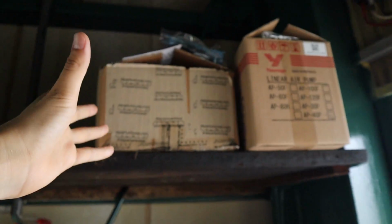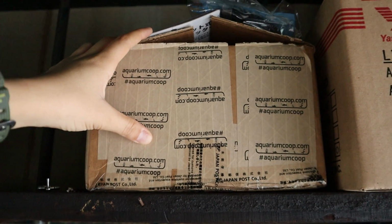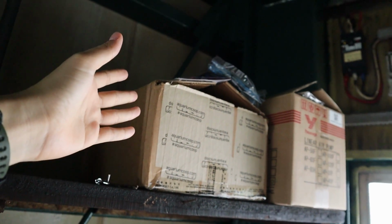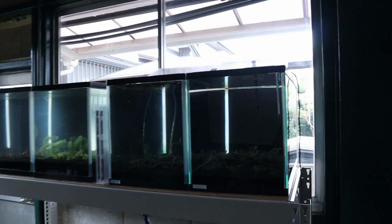Hello, welcome back. Today's gonna be a pretty fun day because we're working on the fish room. It may be a little bit boring, but I don't think it will be because we've got a box to unbox. Well, it is open, but I know what's inside, but I don't think you guys do. Pretty obvious though, because today we're gonna be hooking up an air system with PVC pipe, and we're going to